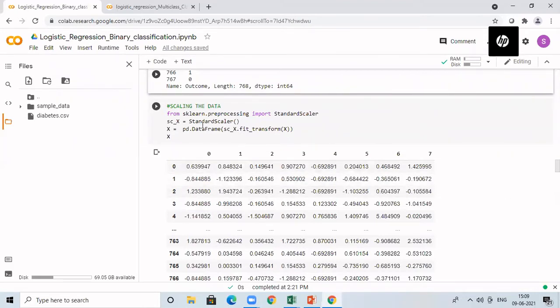For that, I am now importing standard scalar. So this standard scalar is going to support Z-score normalization, which is based upon the mean and the standard deviation value. So I'm going to implement that. For that, from sklearn.preprocessing, I am going to import the standard scalar. Then I'm creating an object for this standard scalar class. After that, I'm going to call fit_transform with the help of this object